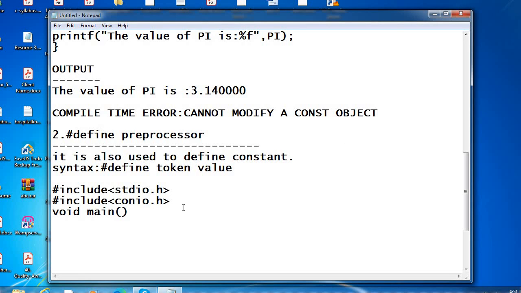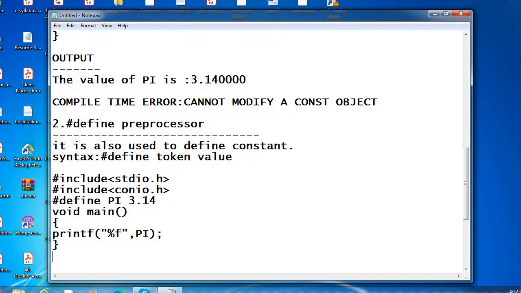Before that, you should define it on the top of the program, the way you include library files. Define the value 3.14 directly here. That is called a preprocessor, and you can print it directly with printf using %f and the name.